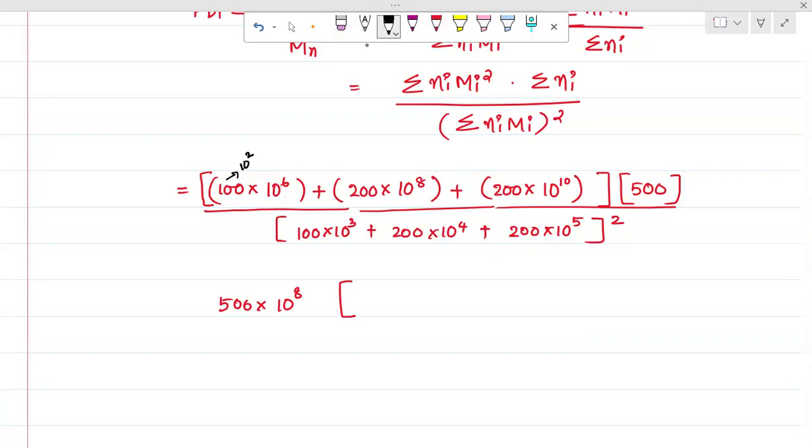So 10 to the power 6 into 10 to the power 2 is 10 to the power 8. I have taken that outside. So here you have 1 plus 200 plus another 100 which is left. Correct. This much is there, divided by